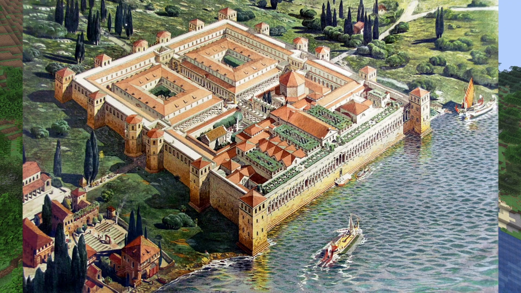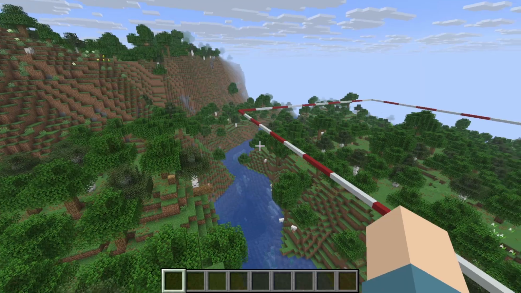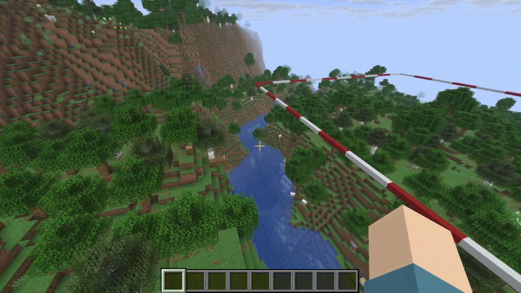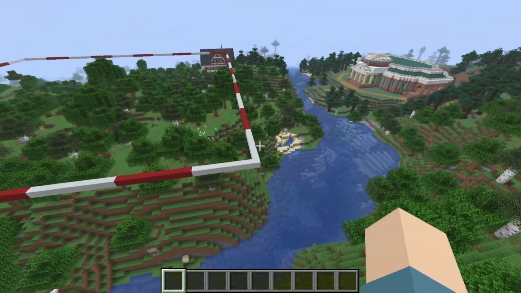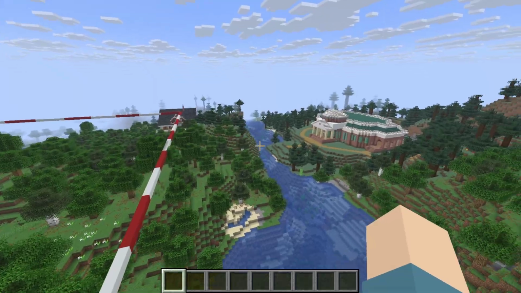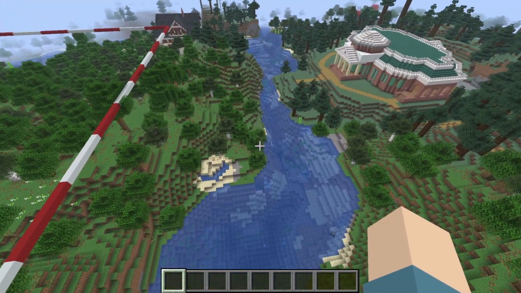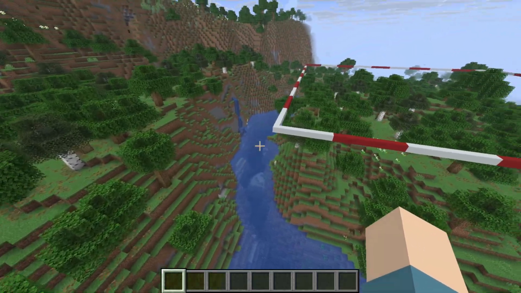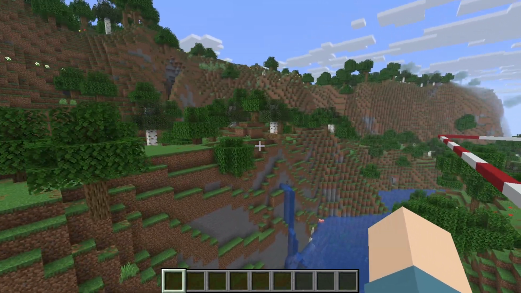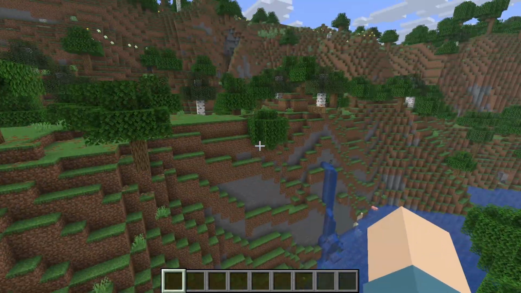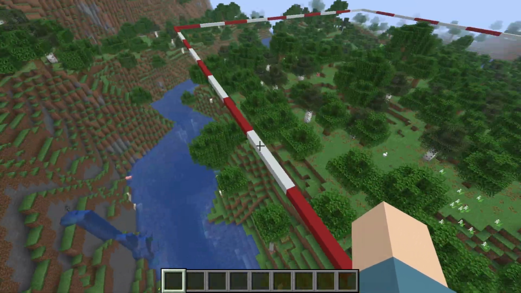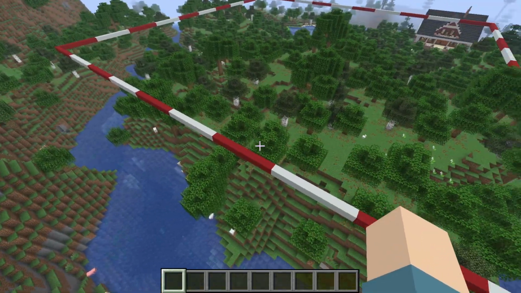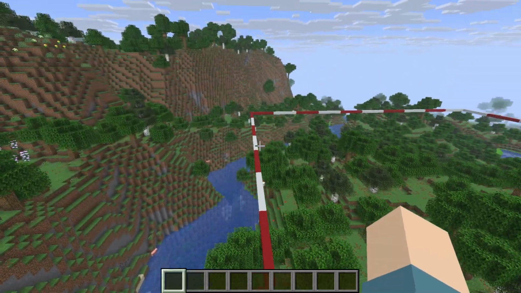Now you can see in the photo that one of the sides of the palace is abutting water, and I think we can translate that perfectly right here because we have the river right here. Unlike these other sides that kind of slope down with the river, this is cliffside against an even taller cliffside, so we're not really going to be expecting a bridge. Maybe we could include a bridge that would go over it,